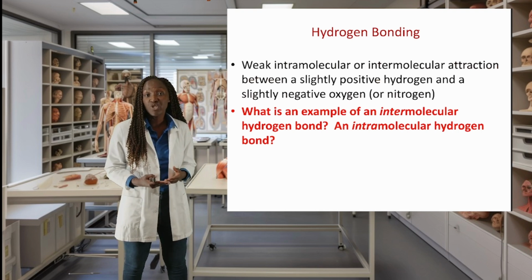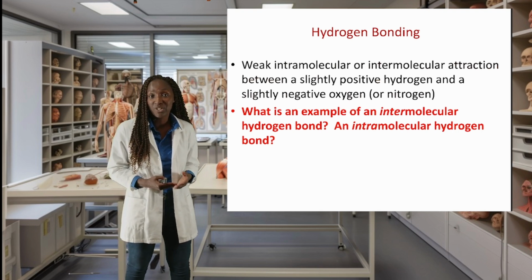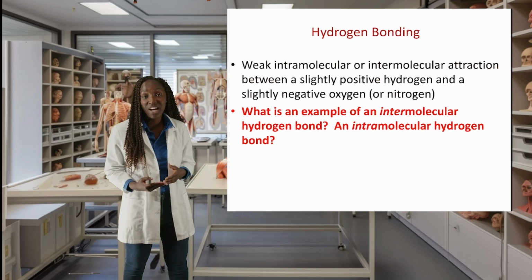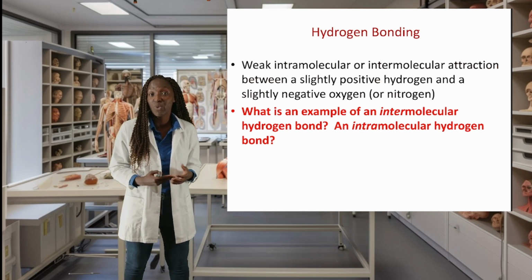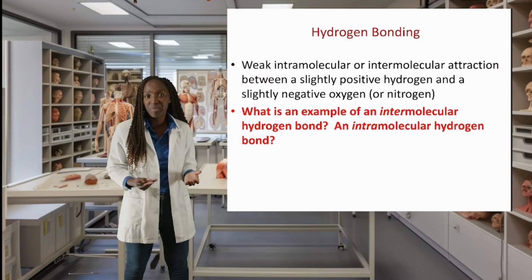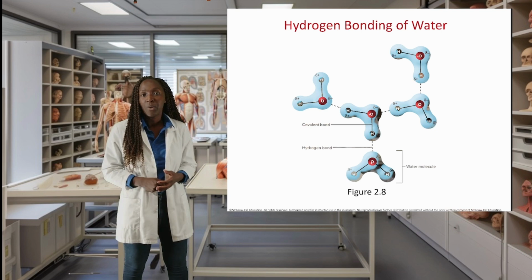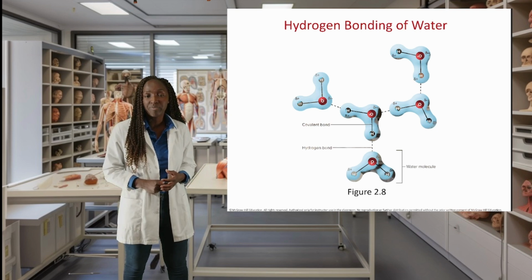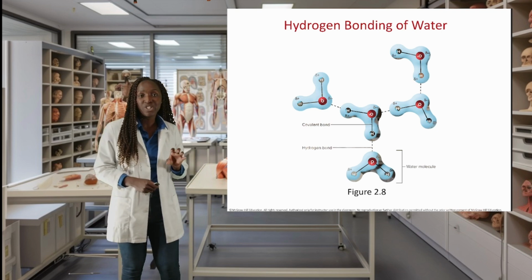These are weak intramolecular or intermolecular attractions between a slightly positive hydrogen and a slightly negative oxygen or nitrogen. So what is an example of intermolecular and intramolecular hydrogen bonds? Well, let's look at the difference here when we're looking at hydrogen bonding in water. If we talk about intermolecular,